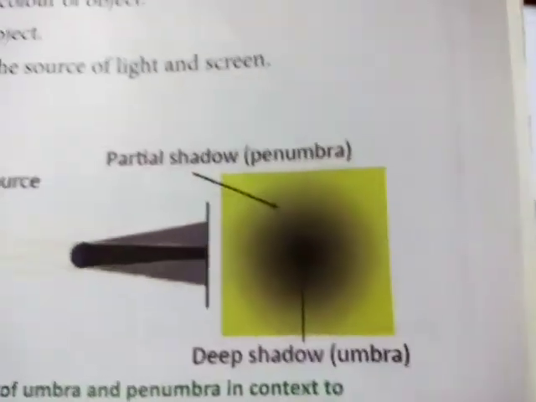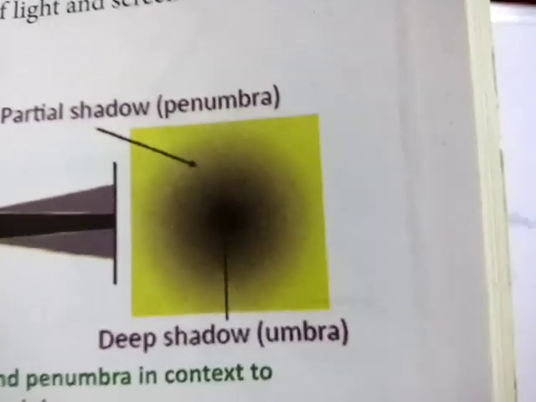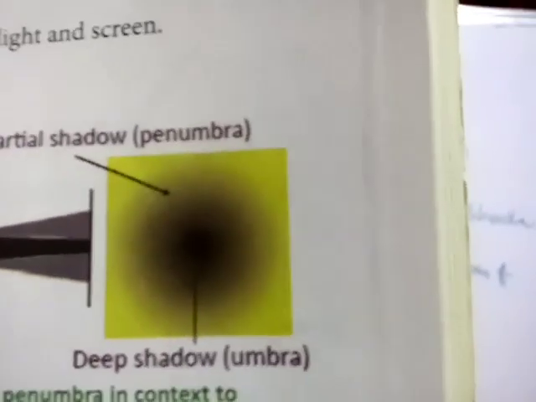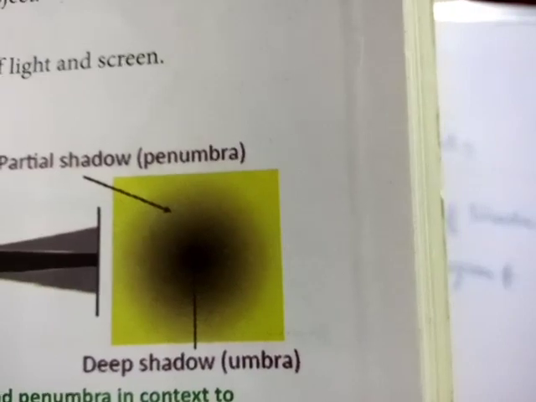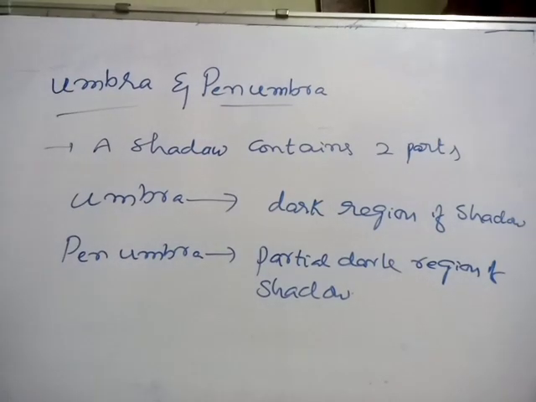Okay, so in this dark region, in the middle of the shadow is very dark. See here, deep shadow, but outer layer is partially dark. Okay, we can observe in the daily life also. So the two regions are what we call umbra and penumbra. Umbra and penumbra